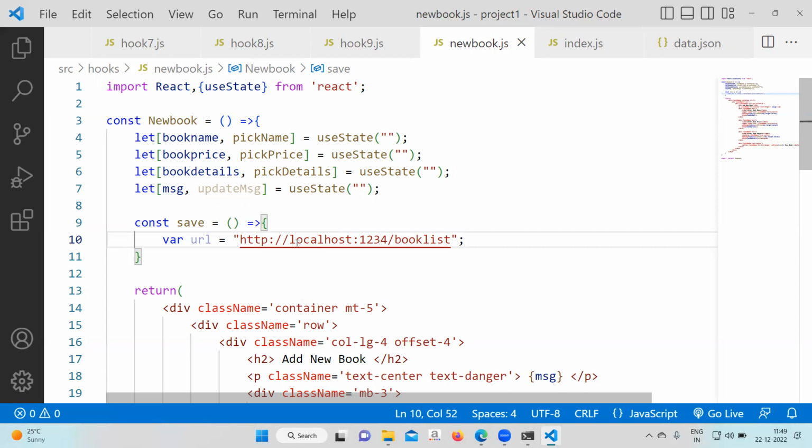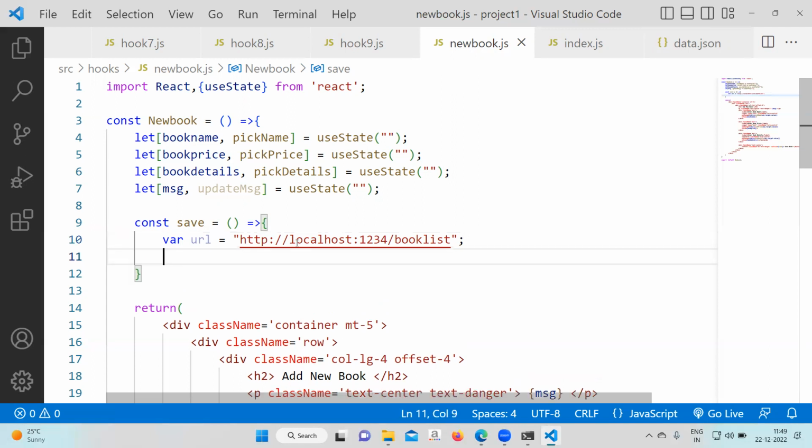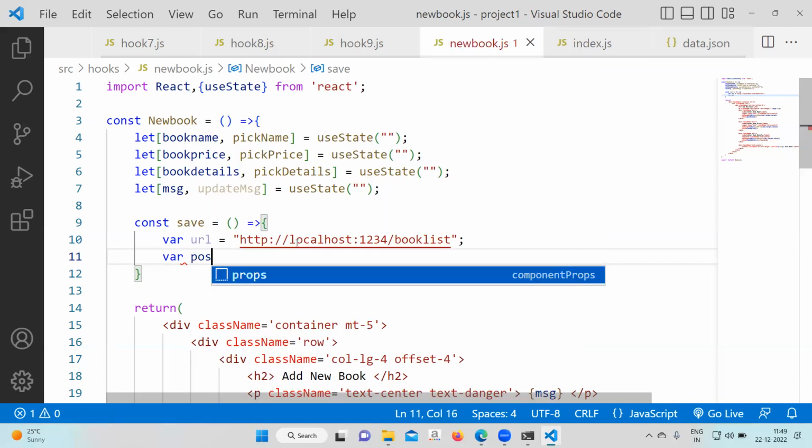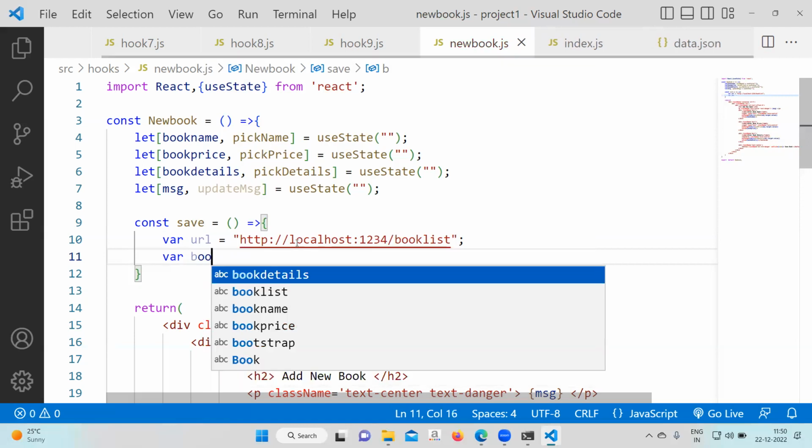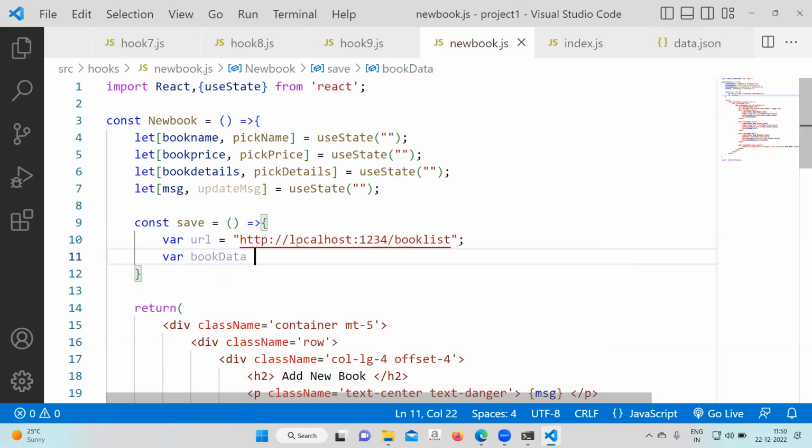From the book list URL, we are fetching the data. Come down. Right next. Write a variable called post data. Post data, or instead of that you can write book data. Book data equal to,